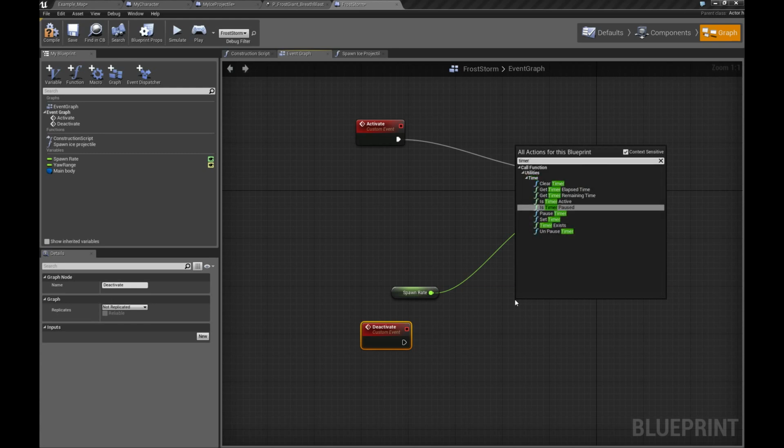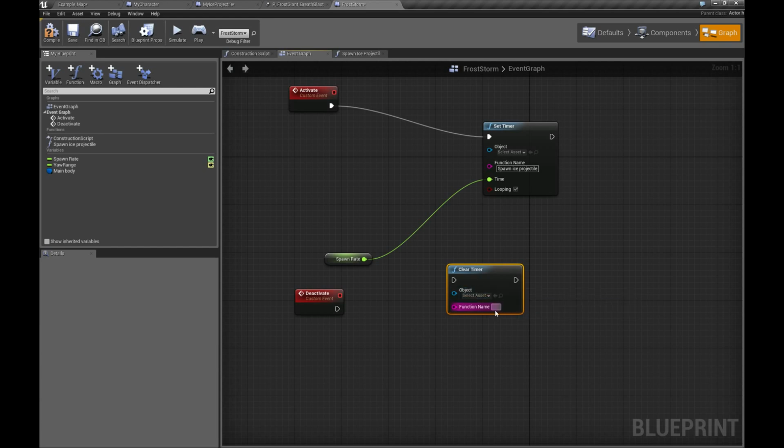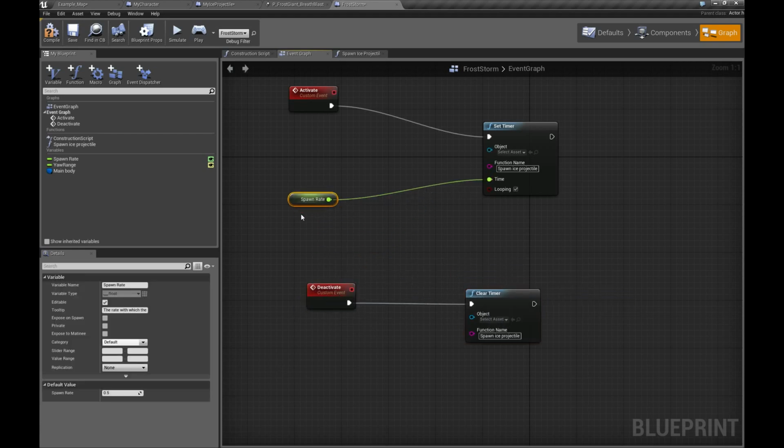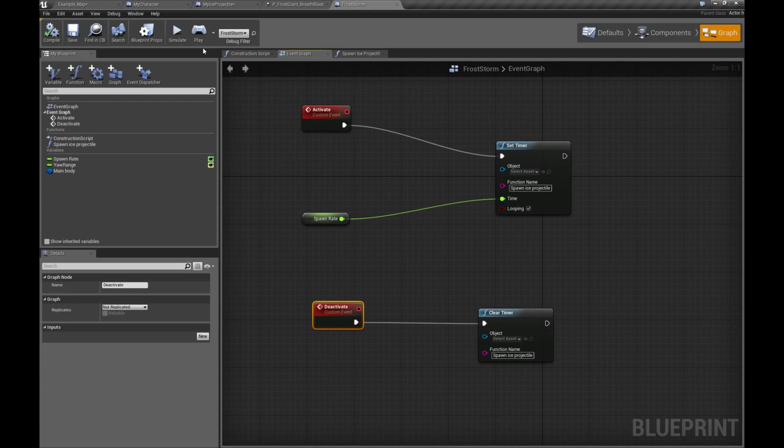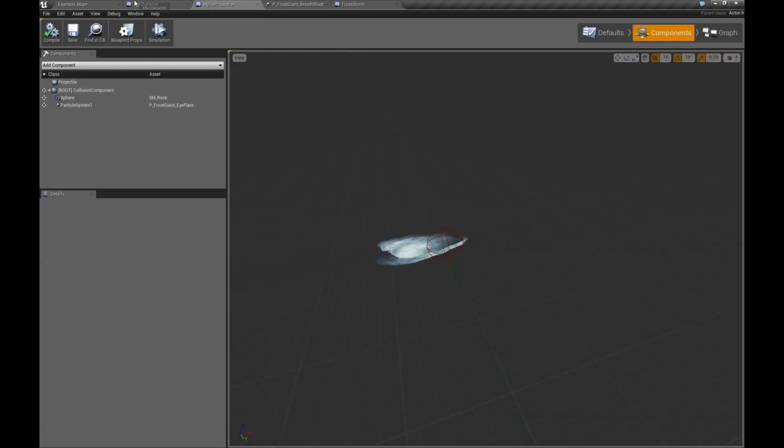Let's see, we do a clear timer, right? Here we go. And the function name, we just copy it from here. Control-C, Control-V here. So this is the way how it works, right? Yes, and well, there are a lot of ways what you can do now, but one thing that I would suggest is,